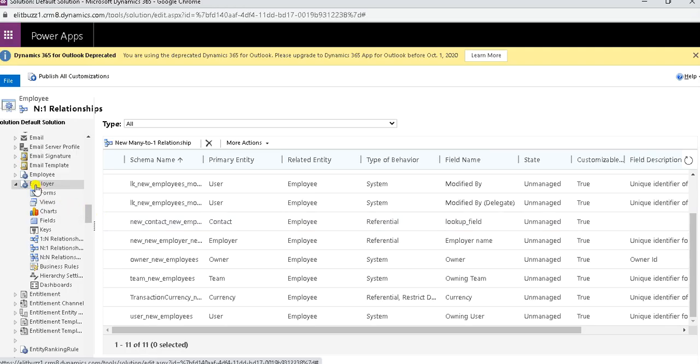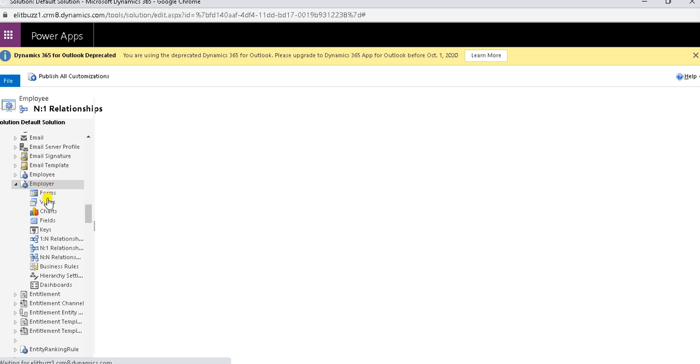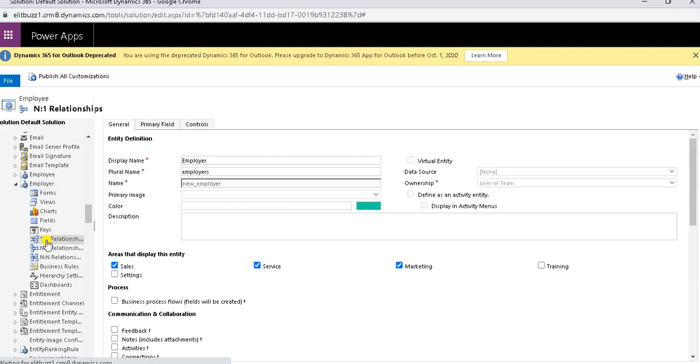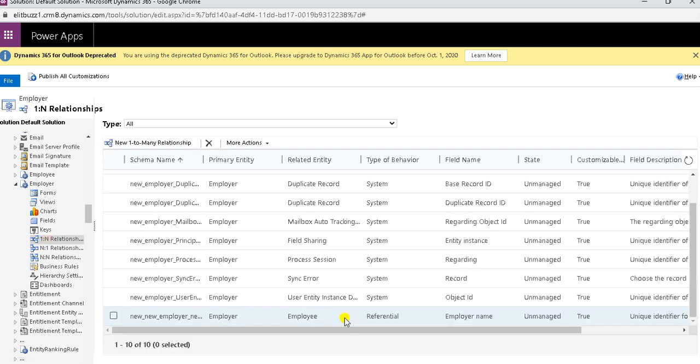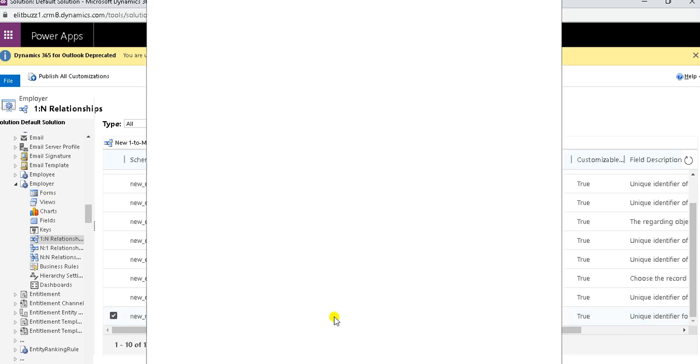Like here I'm in the employer entity which I have created. So in this I have created 1:n relationship using this 1:n relationship component. See, I have created this 1:n relationship whose entry is available here.